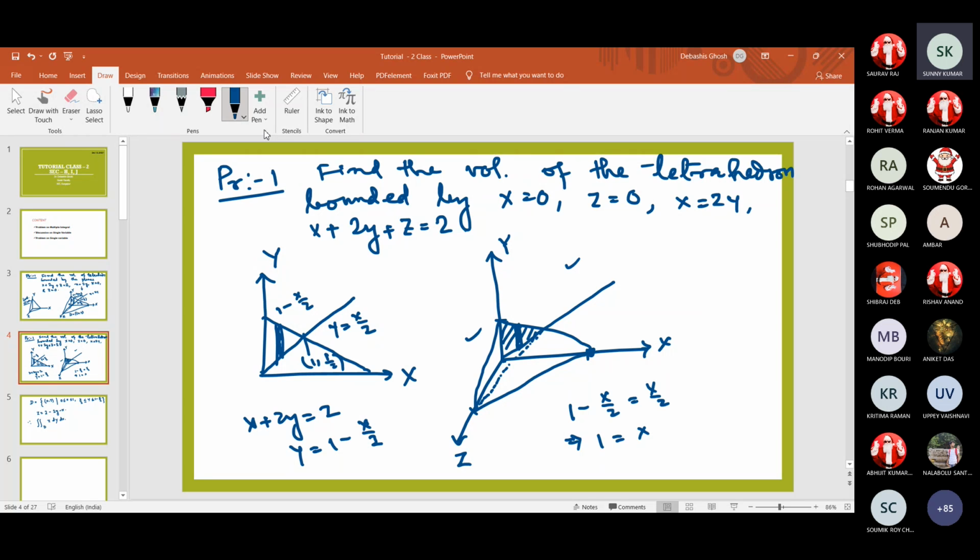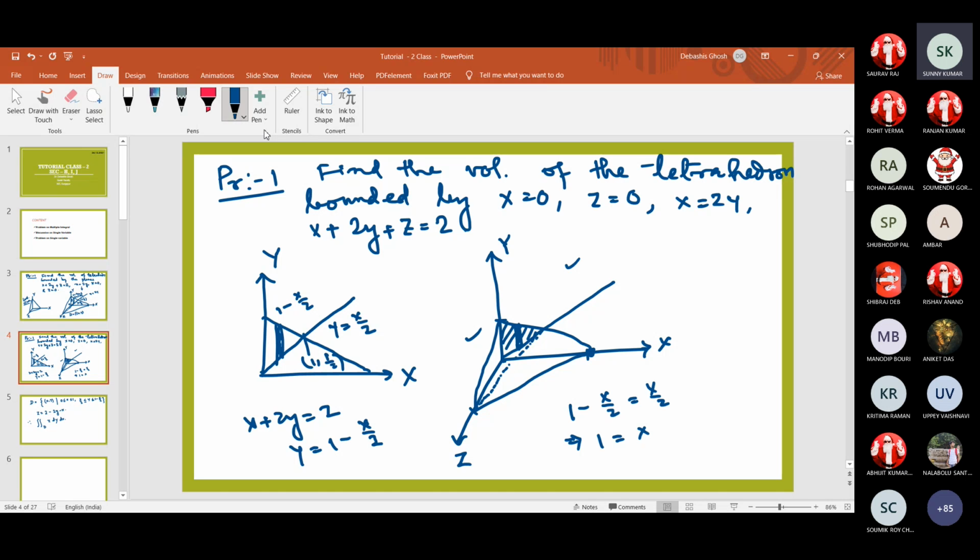So we have this region on which we need to take the volume. We need to calculate the volume. For z equals 0, that is the xy plane. x equals 0 is the yz plane. Then we have x equals 2y, which is a plane passing through the origin. We have x plus 2y plus z equals 2, which is a plane; in intercept form we can get this. Now the plane x equals 2y and the xy plane intersect at some point.